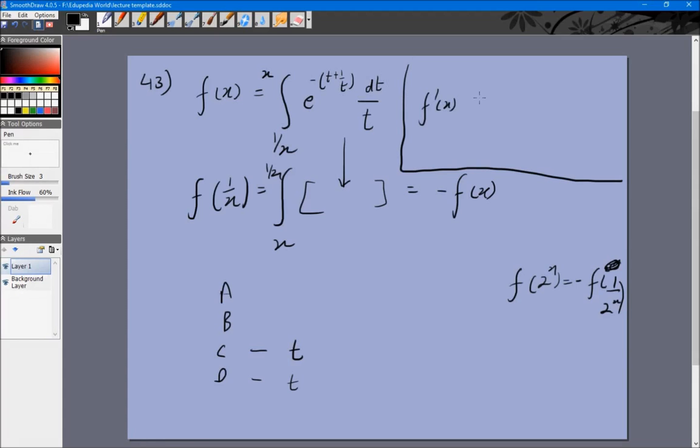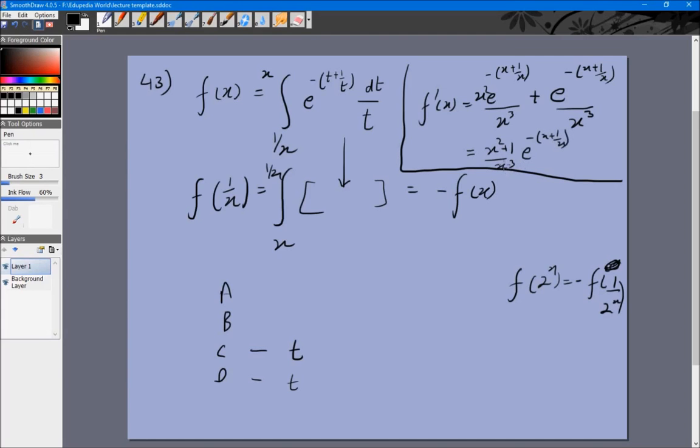So first it will be e to the power minus (x plus 1 by x) divided by x into the derivative of x, and the next it will be minus e to the power minus (x plus 1 by x) into the derivative of 1 by x. So plus, and here it will be 1 by x squared, right? So this is x cube, which is equal to, we can put x squared here, x squared plus 1 by x cube